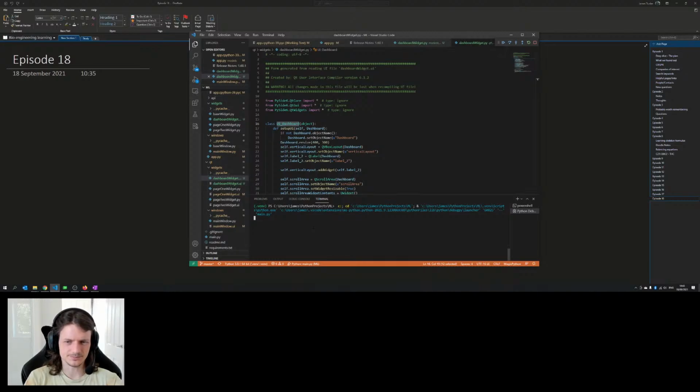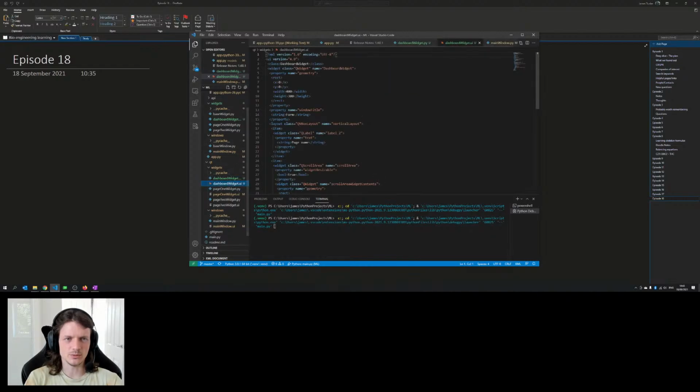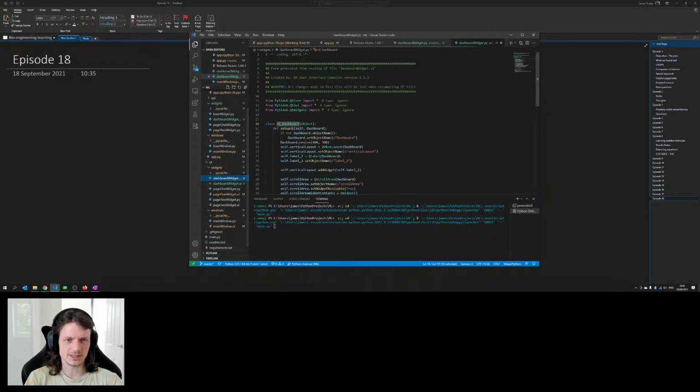I need to change the... so my UI file is called dashboard widget and this is now called dashboard, but it needs to be called dashboard widget. So let's run this UI compiler script to compile the dashboard UI into the Python file. There it is. So now it's called that. And so now this shouldn't complain.